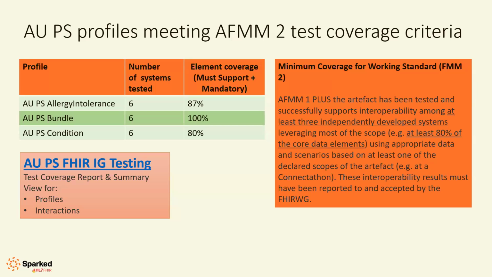And in terms of weighting, if we just looked at standard results now around where we have results out of the 6 systems that have tested, we've got successful testing evidence of a whole bunch of things here, at least from bundle, condition and allergy intolerance. But this is too early. We haven't actually got to AFMM1 yet, where we, through a series of calls, have said we've evaluated this and we're comfortable. So it's too early for us to be making any sort of declaration of AFMM2. So we're going to cycle back to this, but keep tracking through the results this whole time of who is testing what.